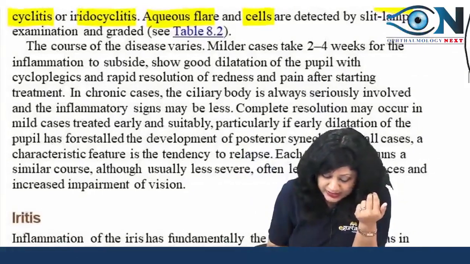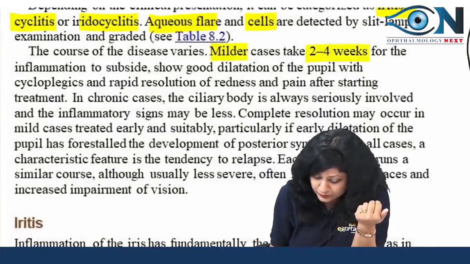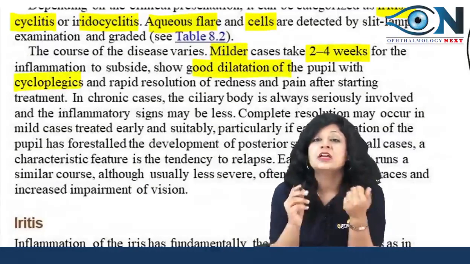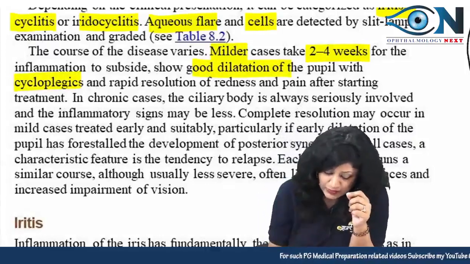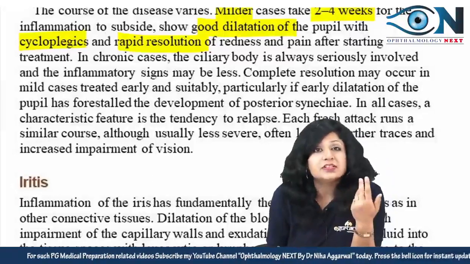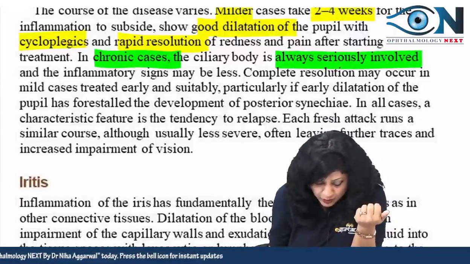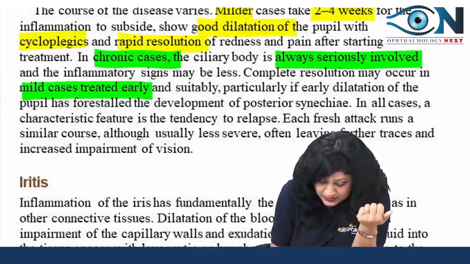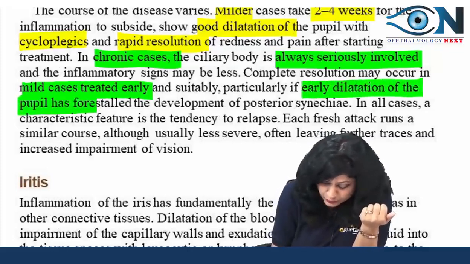The course of the disease varies. If it's just a milder one, it takes about 2 to 4 weeks for the inflammation. It will show good dilatation of the pupil with the cycloplegics, because in uveitis you will get a very small miotic pupil, and you will have rapid resolution after starting the treatment. However, in chronic cases the ciliary body is always seriously involved, and complete resolution may occur in mild cases treated early and suitably, particularly if early dilatation of the pupil has forestalled the development